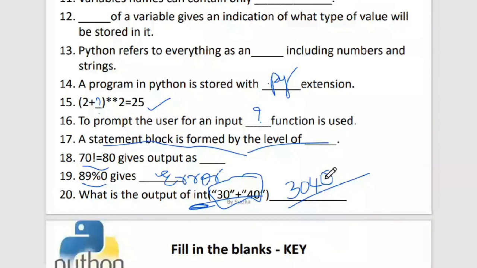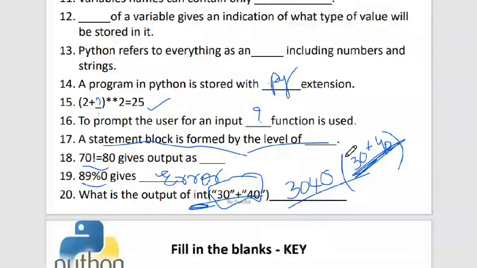Int type. Inside it, it acted like concatenation because we have given double quotes. This is a string and this is a string.